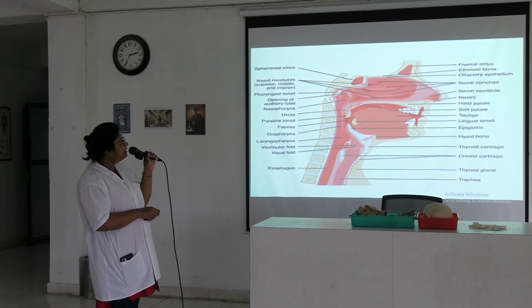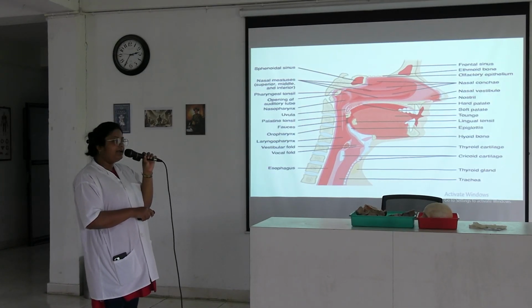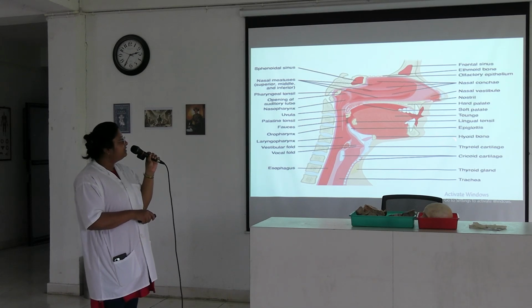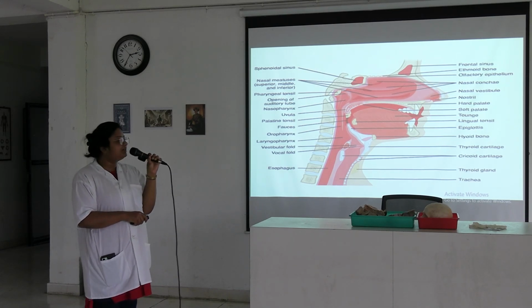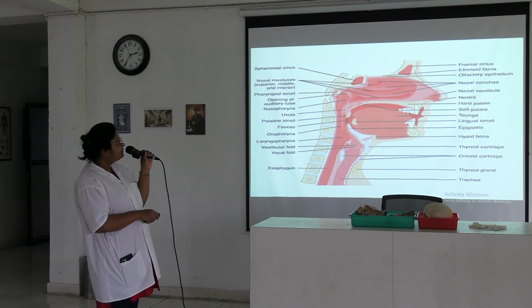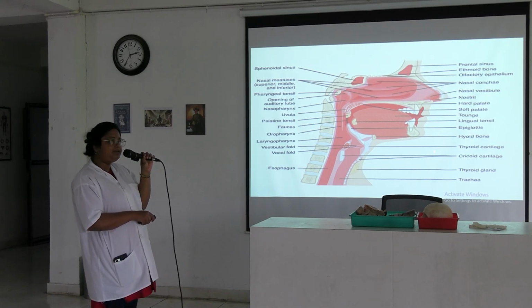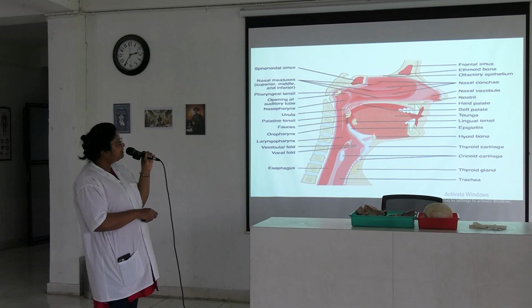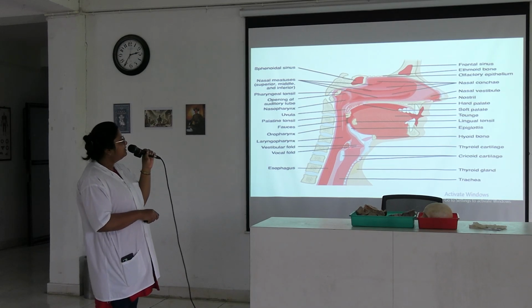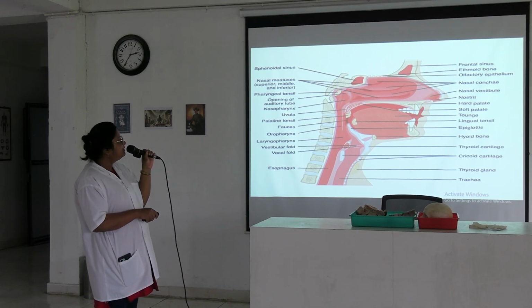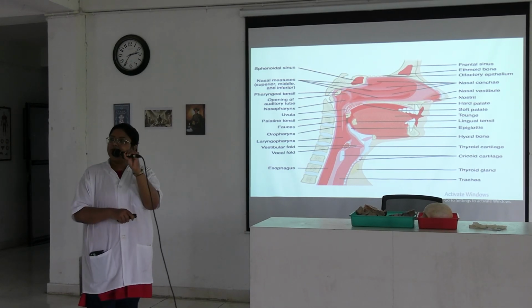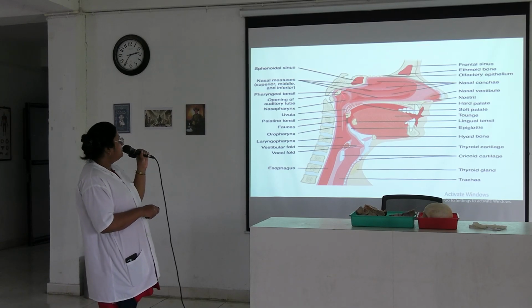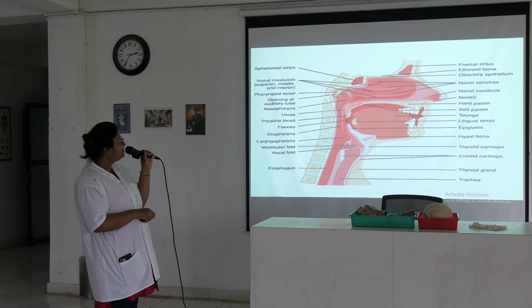And you can see this muscle fanning out, lying in the tongue. This is the genioglossus muscle, originating from the superior genial tubercles. This is the mandible, a section of the mandible. Here you are getting a section of the hyoid bone. These two are connected by the geniohyoid: the inferior genial tubercles are connected with the hyoid by the geniohyoid muscle. Next, you will see the structure of the larynx.